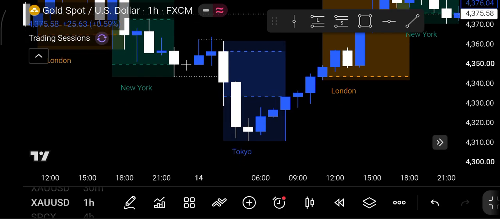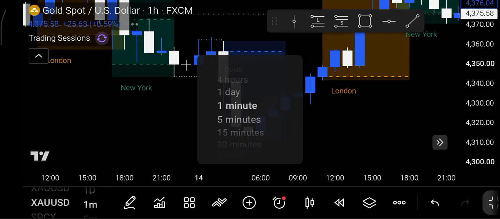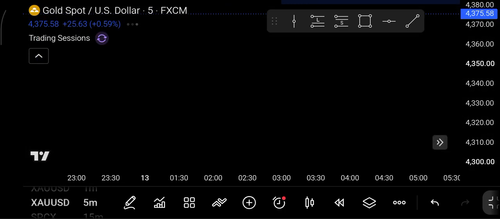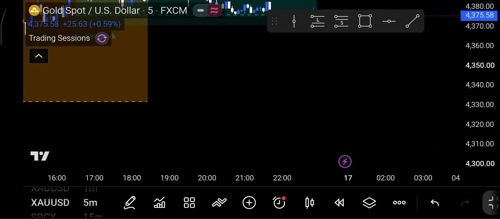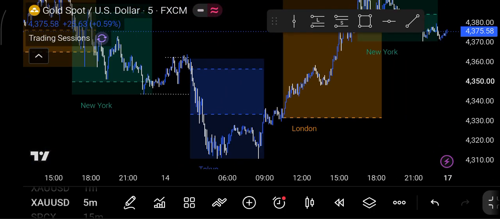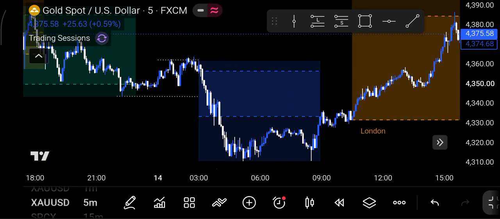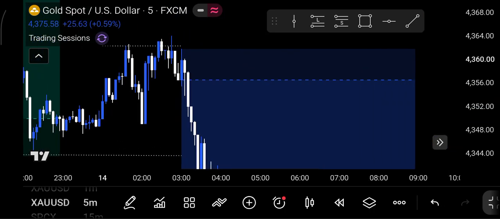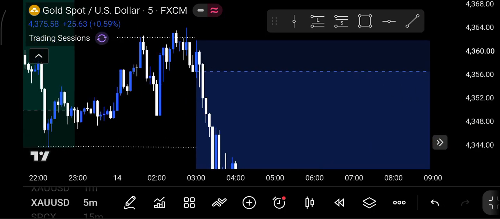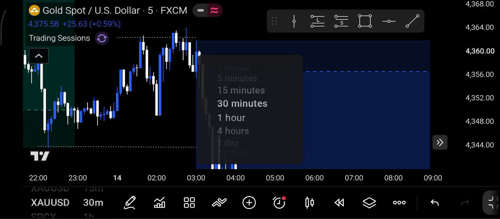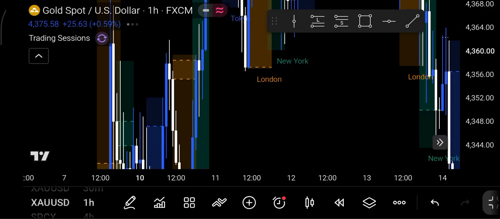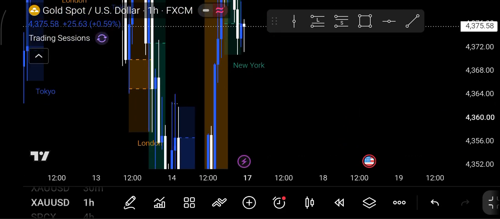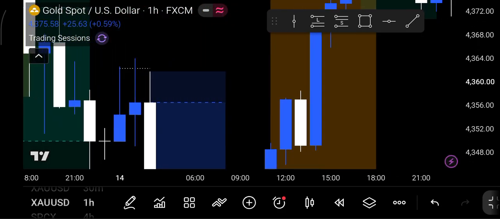And the next thing I do is to come to the 5 minutes to check my entry. So coming down to the 5 minute, I already know what I want to do. I have my target and what I'm expecting. So how I enter this is I wait for a flip. I will wait for it to sweep, then I wait for it to flip. How do you find the flip? Just come, mark the open of the hourly,